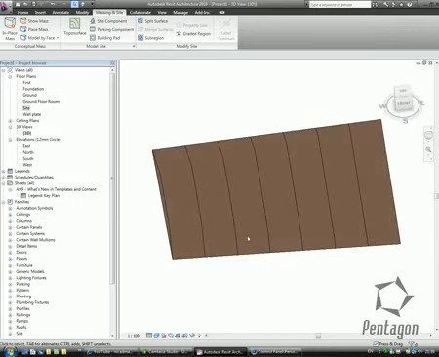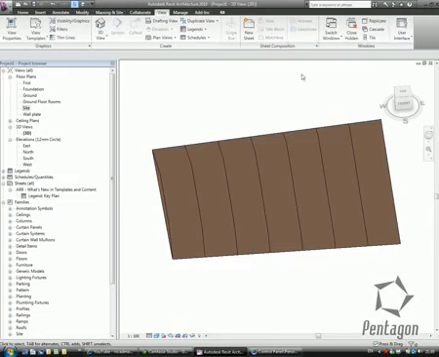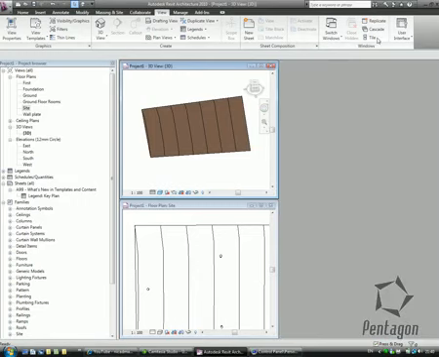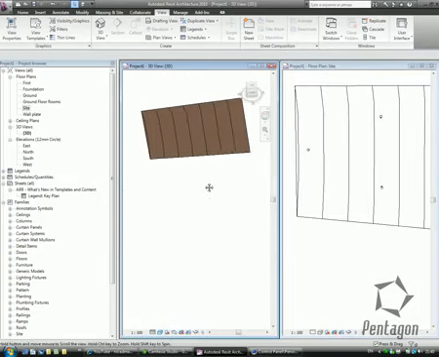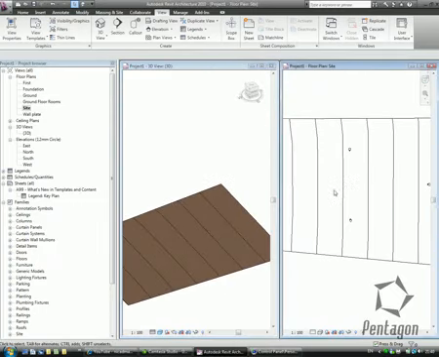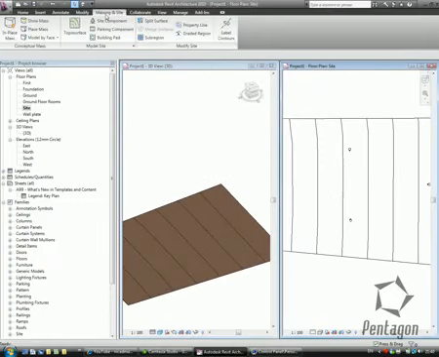What happens if we needed a flat area in here to put in a building or a pad? Well, let's take a look at this in the 3D and plan view. So we're going to tile these windows out. Close the ground floor, we'll tile that again. So you'll see there's my 3D view. Here's my site, and I'm going to split the surface. So I'm going to go back to Massing and Site, Split Surface,